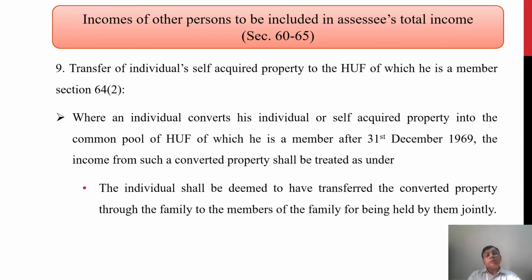Next point comes to us: transfer of individual self-acquired property to the HUF of which he is a member. Where an individual converts his individual or self-acquired property into the common pool of the Hindu undivided family of which he is a member after 31st December 1969, the income from such converted property shall be treated as follows. The individual shall be deemed to have transferred the converted property to the family or to the members of the family for being held by them jointly,